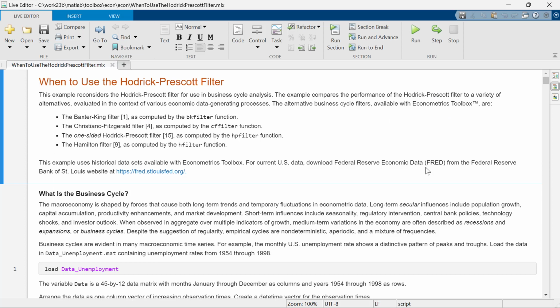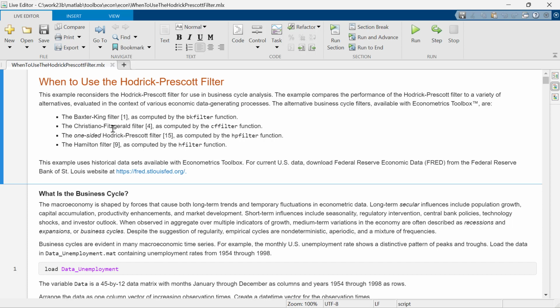Here's the live script we're going to be looking at, and this live script, together with the slides that we were just looking at and this recording, are all available on the MathWorks website. So I'm just going to go through this example at a high level and tell you what's here, and then you can come back to it if you'd like and look at some more of the details.